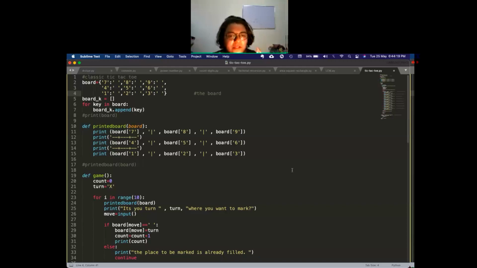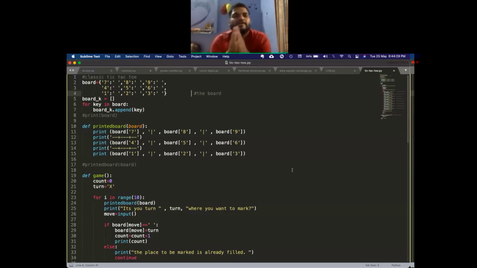So, what all functions are you using and how are you segregating all the functions in the code? I can see there is a print board. So, I've created a separate function, and there is a game function also. First of all, I have created a dictionary, which separates my board numbers with a single space character.